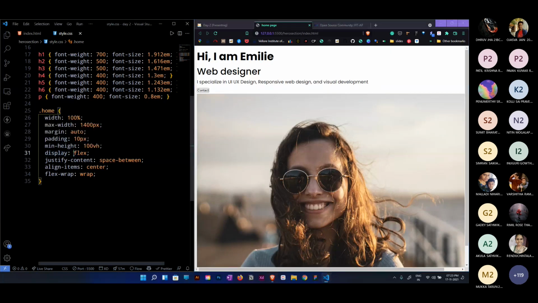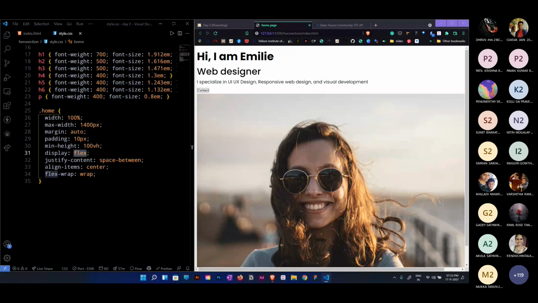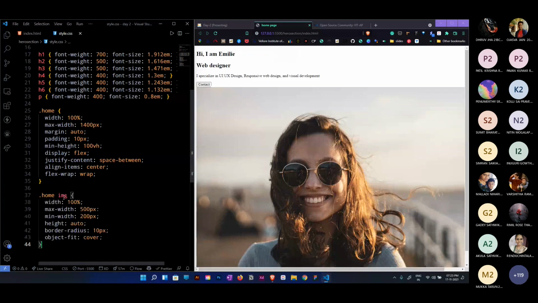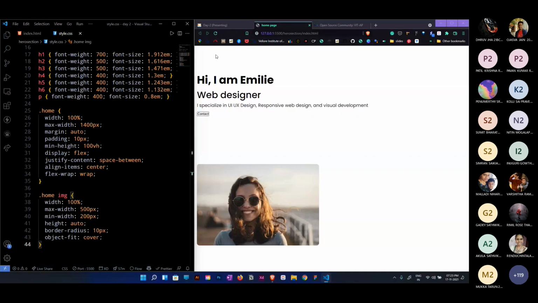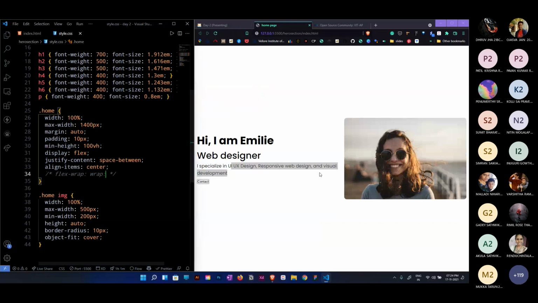And the next thing is, I have applied flex. Now you cannot observe the flex because the image is going 100%, right? Let me quickly drop the image style also, and then you will understand. Yeah, now you will understand clearly what is happening. Because this particular line is going all the way to the right, that's why this is coming to the new line. Now if I remove the wrap, you can see it is going to be on the same line.